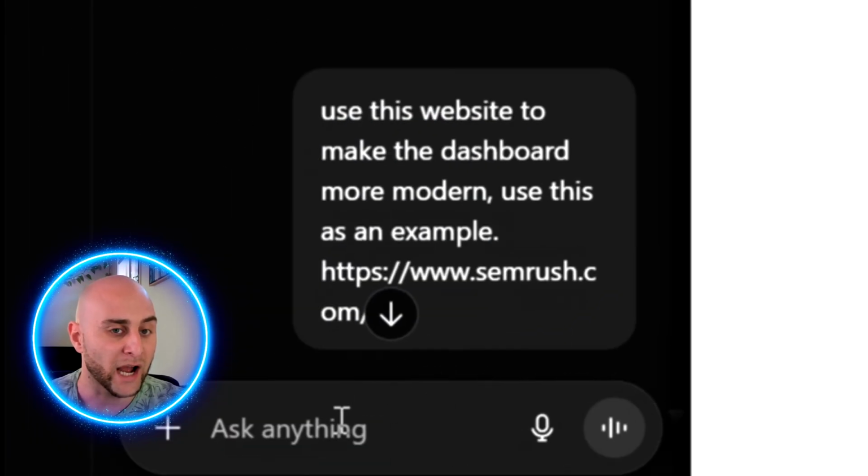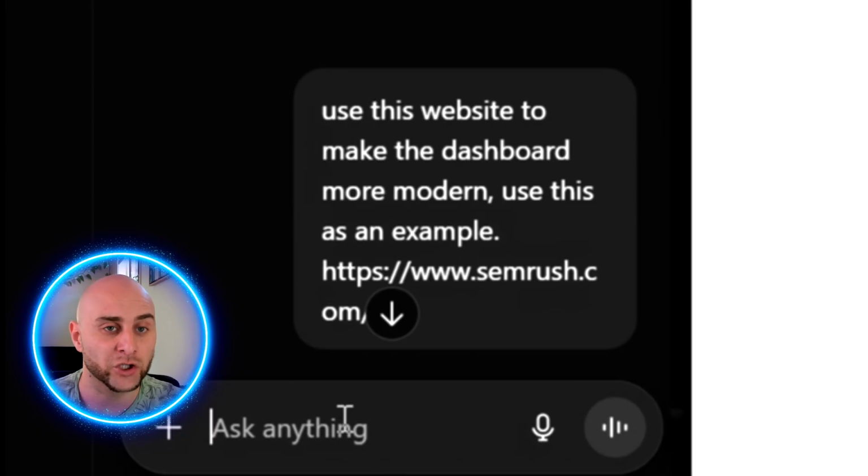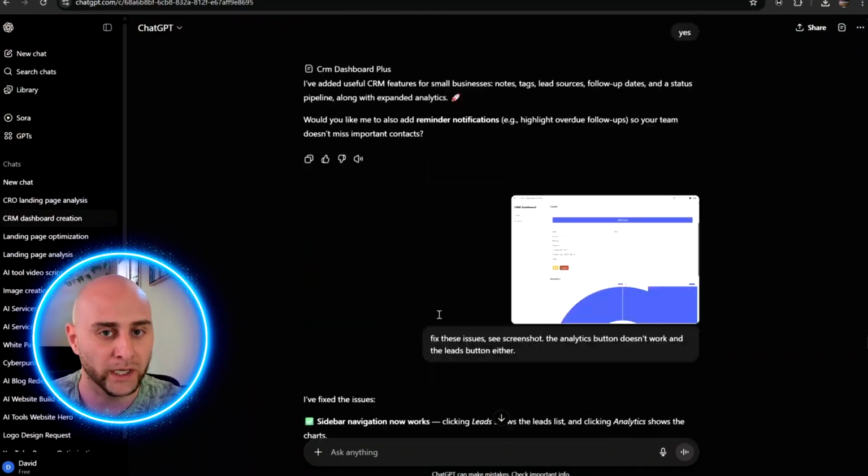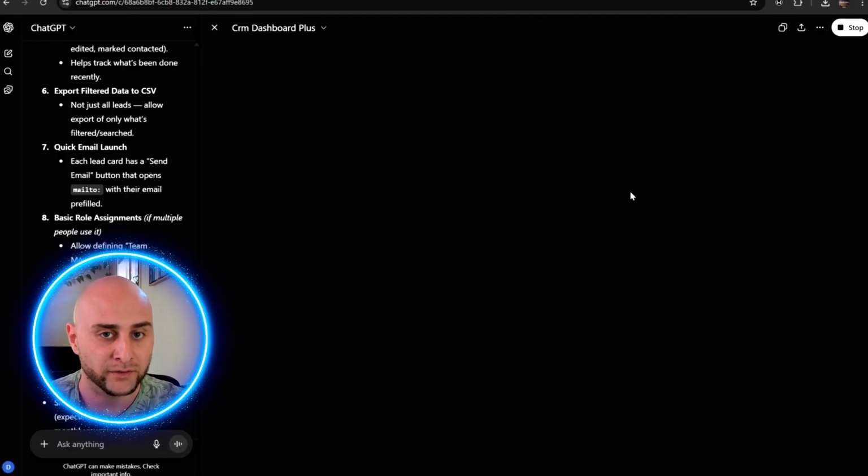So you can just chat with it and ask it to improve it, to change it. You can take screenshots as well and paste it in your chat, and it will do the changes for you just by using plain English. It's really amazing. So what it then did, after a few tweaks and giving it screenshots, it gave me this